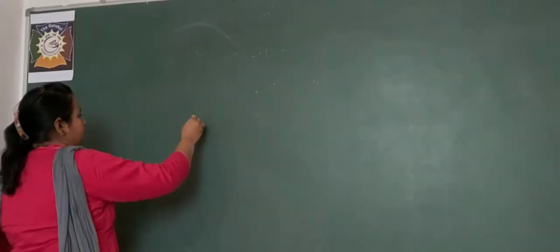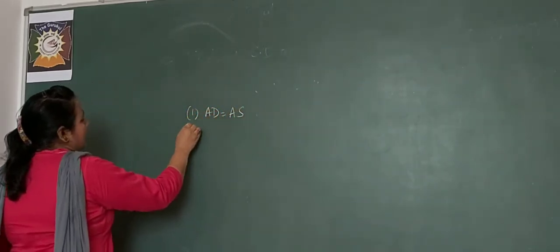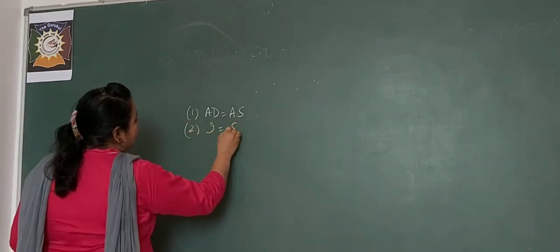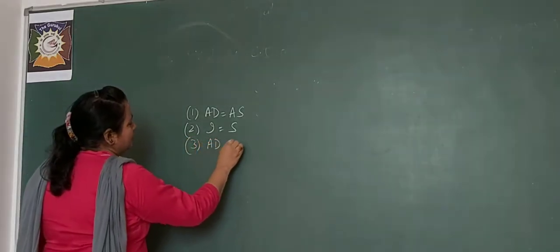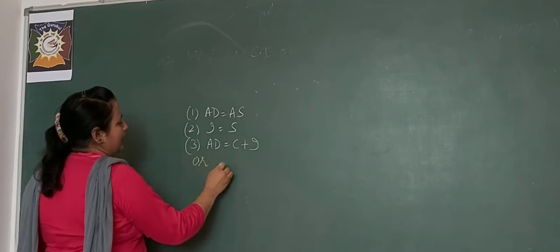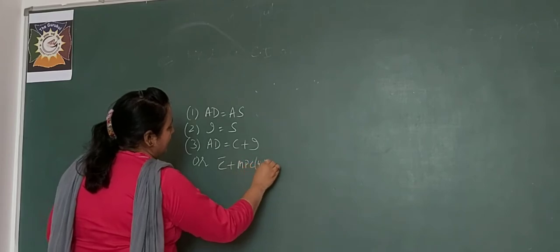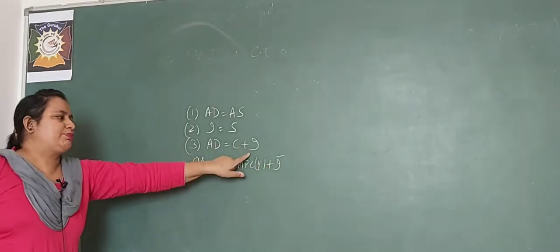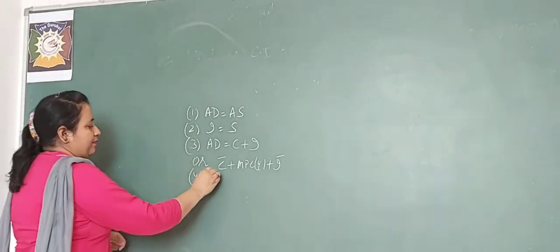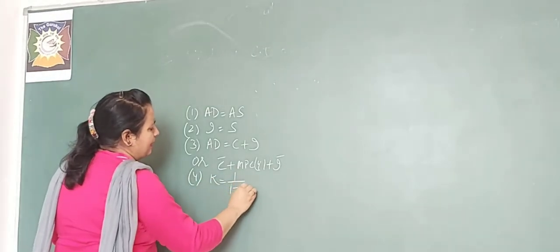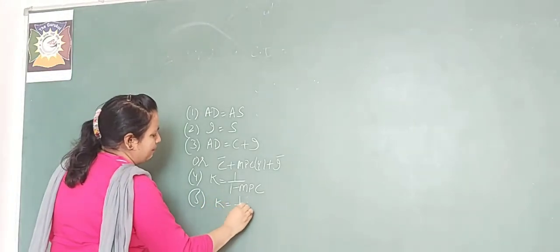We know this thing. At equilibrium level, planned AD is equal to planned AS and planned investment is equal to planned saving. And we know this thing, हमें ये चीज़ भी पता है, AD is equal to C plus I, or we can write C bar plus MPC Y plus, जो investment है वो क्या रहेगी? That will be autonomous investment. Next K is equal to 1 upon 1 minus MPC. Next K is equal to 1 upon MPS.